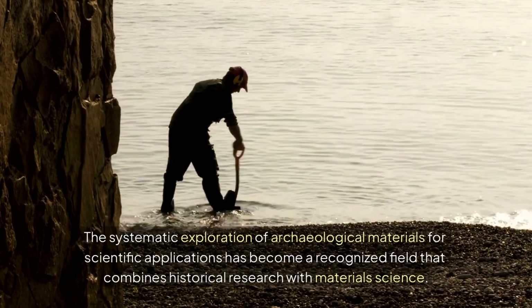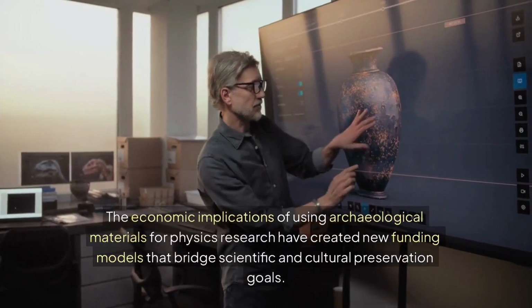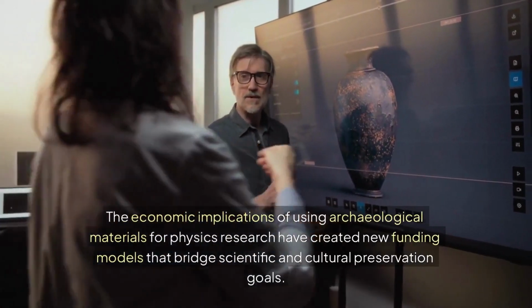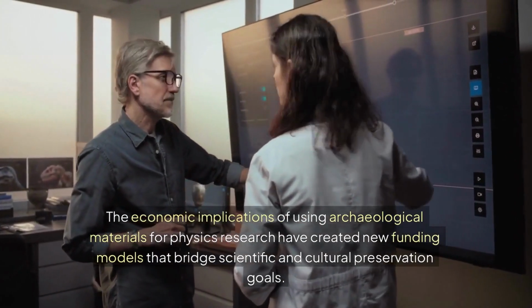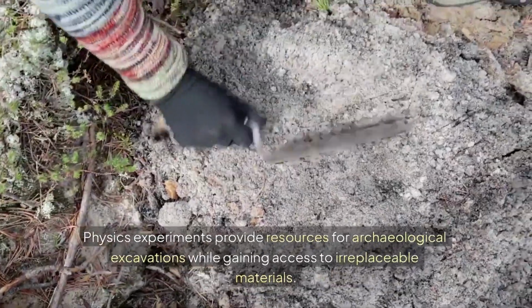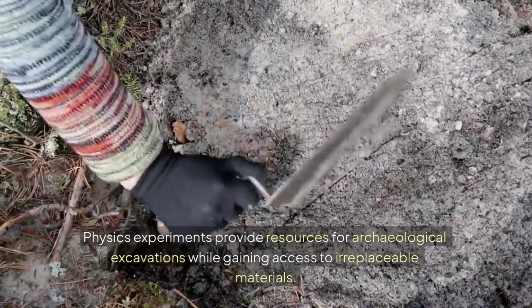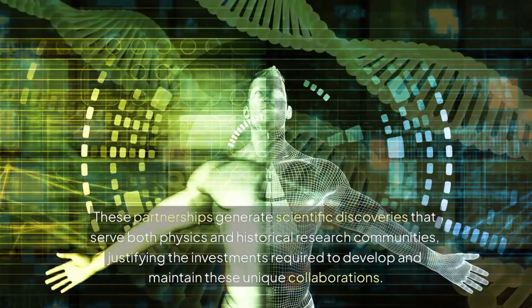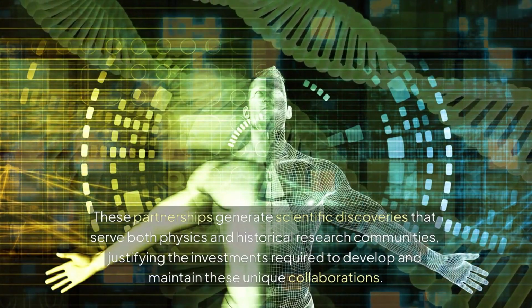The economic implications of using archaeological materials for physics research have created new funding models that bridge scientific and cultural preservation goals. Physics experiments provide resources for archaeological excavations while gaining access to irreplaceable materials. These partnerships generate scientific discoveries that serve both physics and historical research communities, justifying the investments required to develop and